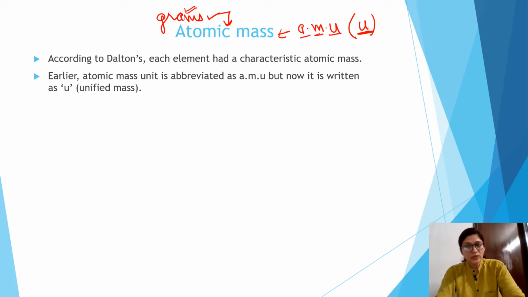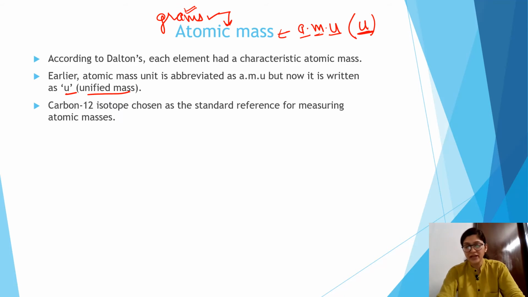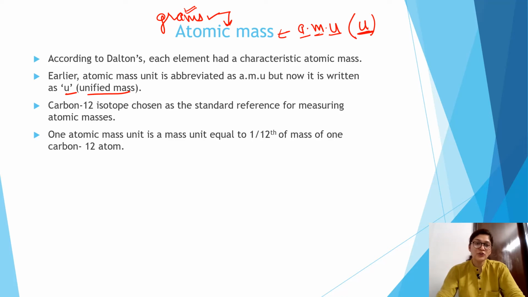Earlier, atomic mass unit was used to determine the mass of a single atom. But nowadays, it is abbreviated as u, or the unified mass. See, if you have a single piece of sodium element, in that piece of element you have so many atoms, millions, billions of atoms, right? So if you want to know the mass of a single atom, then it is a very crucial task for the scientists. So to simplify this task, they introduced a term,